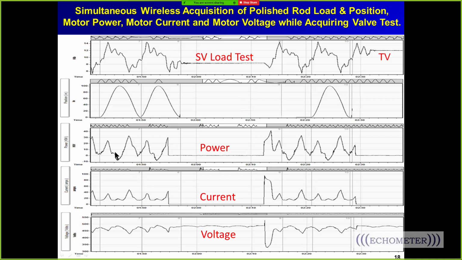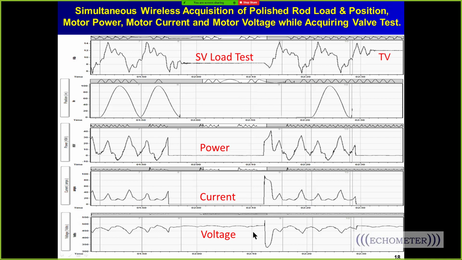So during every stroke, a conventional unit typically generates power. It's generating power right there and right there, and that's when the weights fall and push the motor faster than the synchronous speed. And here is the current, and here is the voltage, and the voltage when you stop for